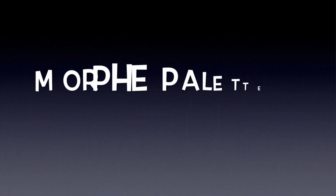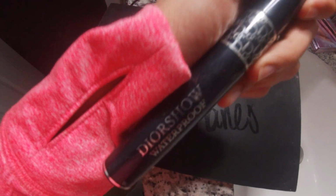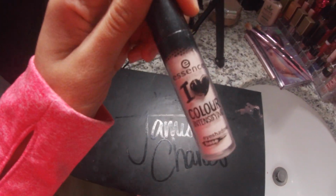Besides eyeshadow, you would also need a mascara. I use the Dior Show waterproof one. You will need an eye primer to apply before your eyeshadow. I use the Essence one. This is $3